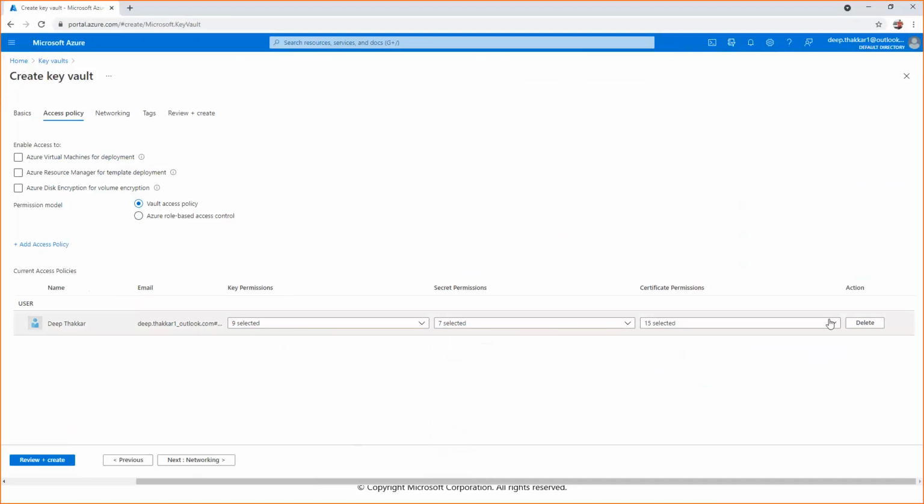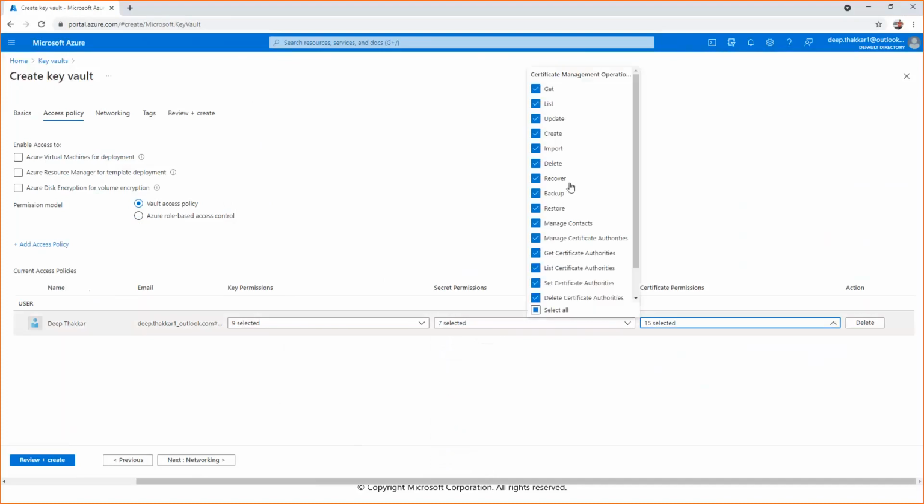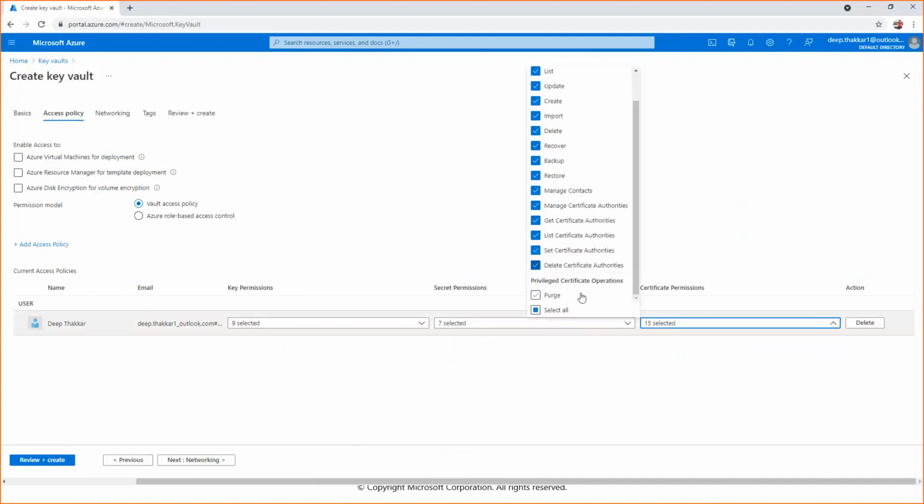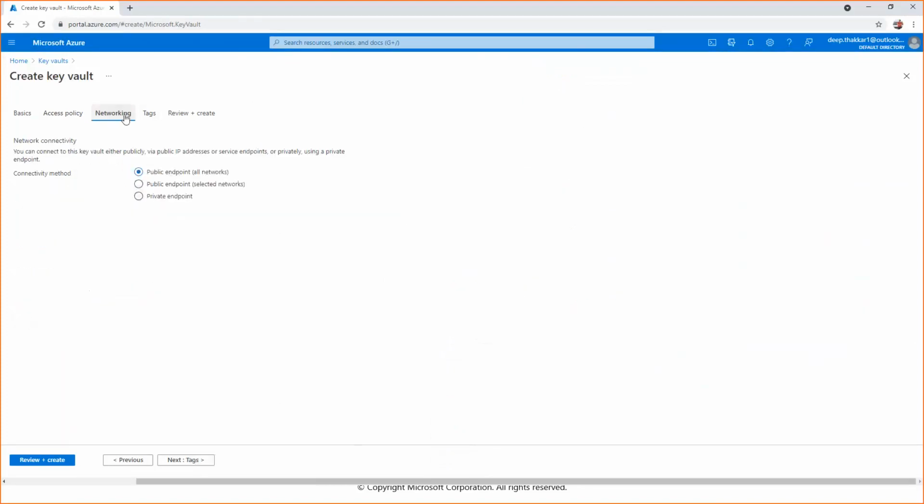Next are the certificate permissions. Again, I have many certificate-related permissions like manage certificate, get certificate, list certificate. All those things I can do from here. Next, we can also provide networking: public endpoint, selected networks, or private endpoints.